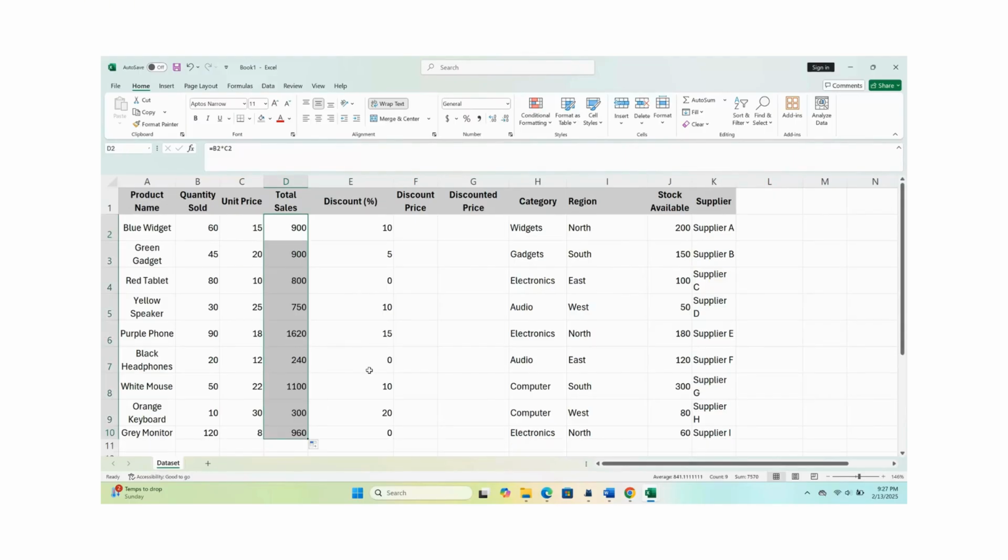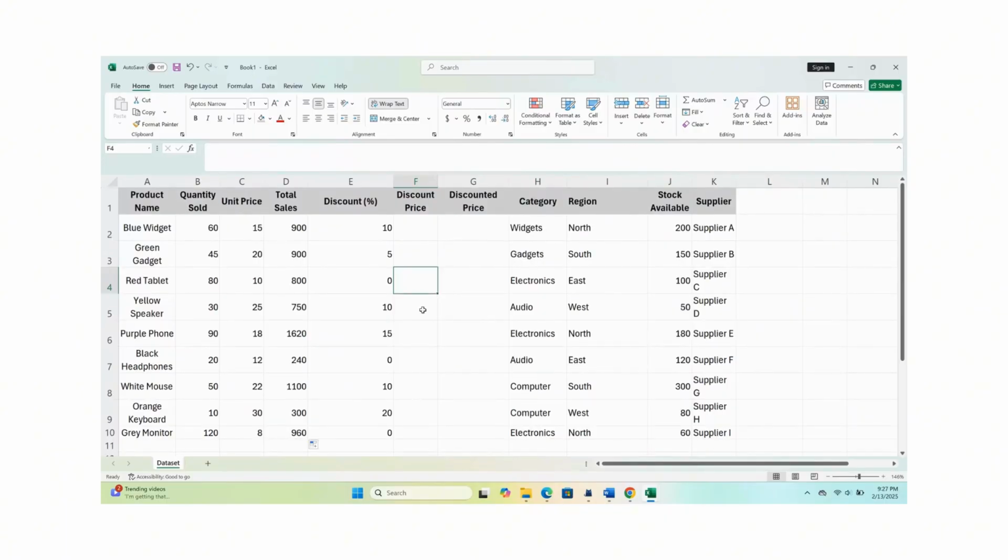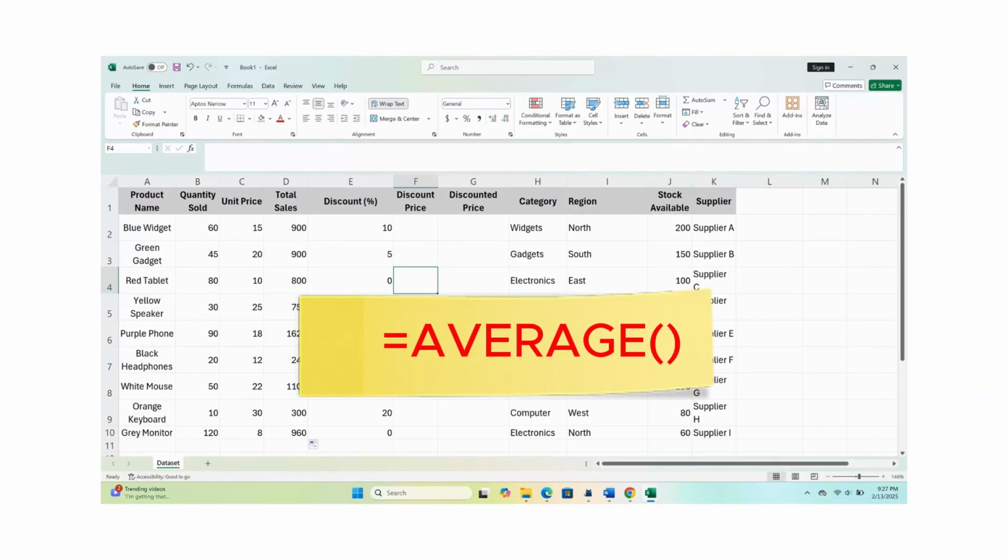Calculating the average unit price. The average function is used to calculate the average or the mean value of a given set of numbers. In this case, we want to find the average price of all the products. To calculate the average unit price, you use the average function to find the mean of all the prices in